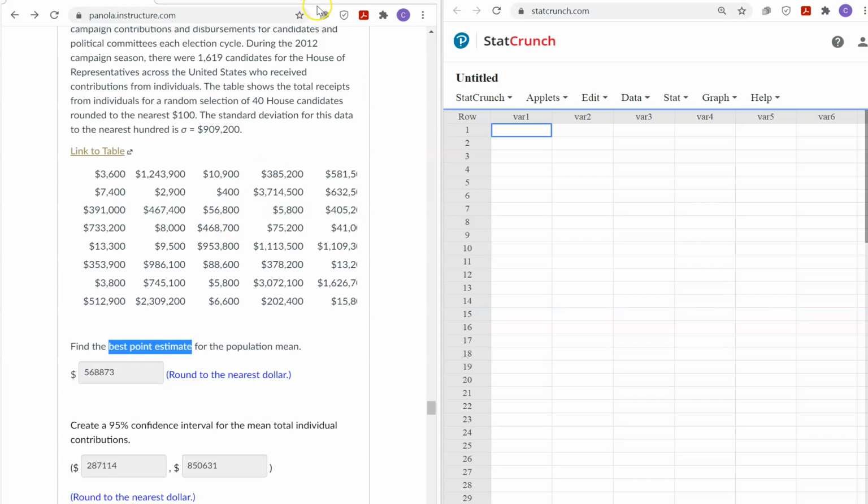Now notice up here, they do give you the population standard deviation, which is important, especially when you get in the next section, because sometimes they'll give you sample standard deviation and sometimes they'll give you population. But here they do give you the population standard deviation, so we're going to use that when we go to find the confidence interval. But first, finding the best point estimate, I put a link to the table right here,